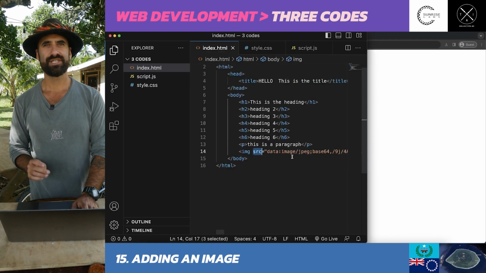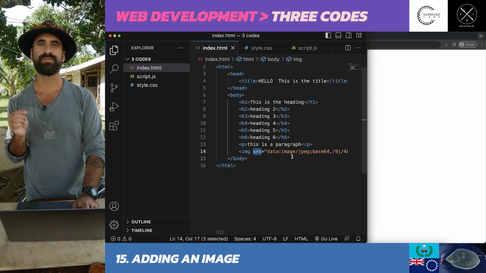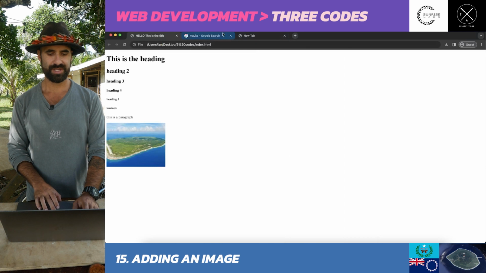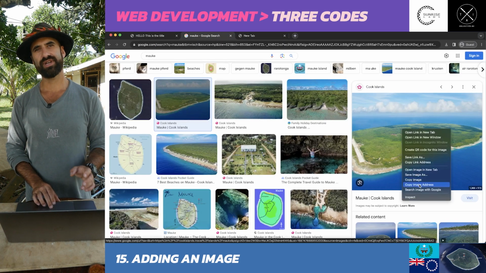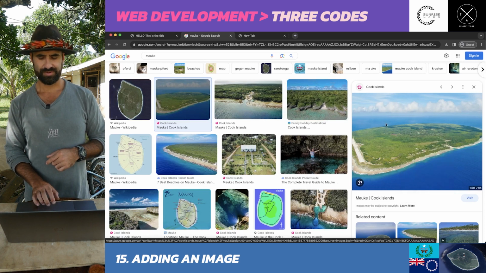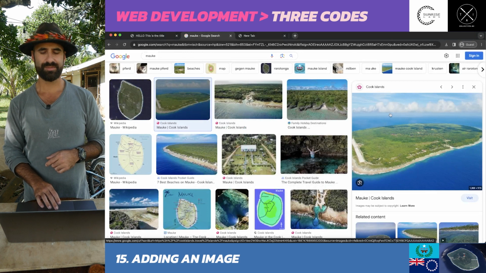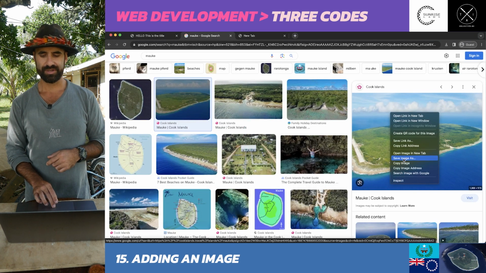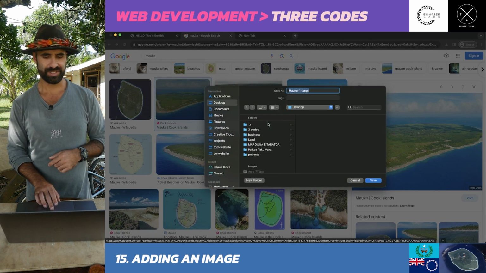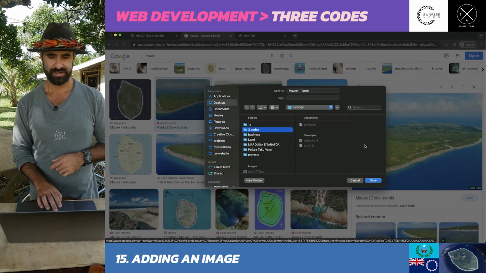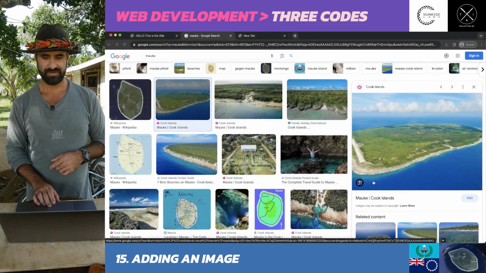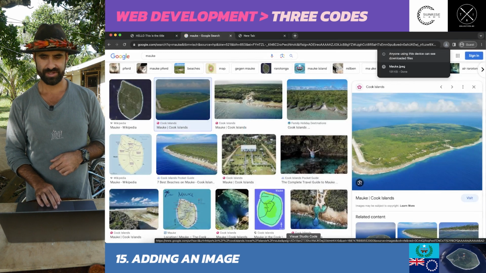A better way to source this image is to save it to my folder and then reference it from there. So if I go back here, instead of copying the address of that image, I'm actually going to save it. If you missed how I saved the image, I right click on the image that I want, go save image as, and then choose where to save that image. I'm going to save it to my codes folder, and I'm just going to call it Mauke, save. And now if I go back to VS Code,